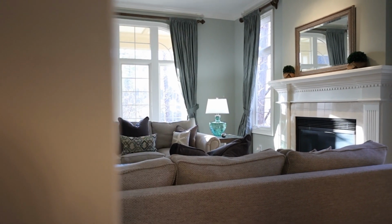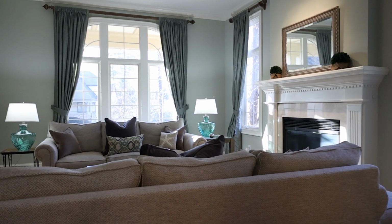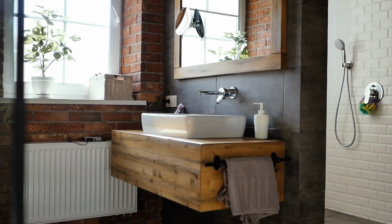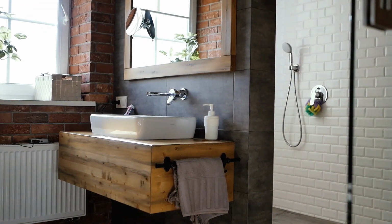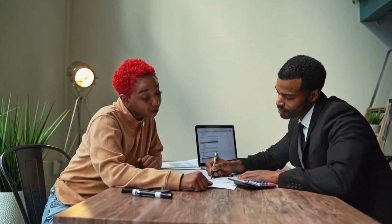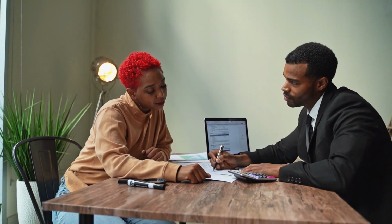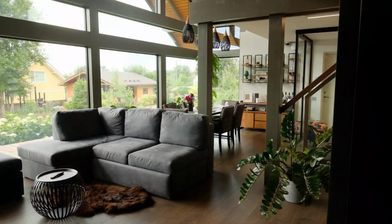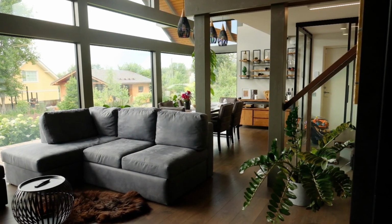So while it's true that you likely won't be able to make any major changes to the existing fixtures or layout, there are plenty of ways to personalize a rental and make it feel like yours. Temporary updates such as plug-in sconces or peel and stick tiles can bring tons of style, but it's typically best to get approval from your landlord before embarking on a project. If you're updating in a way that will bring value, the majority of landlords will not only approve but be